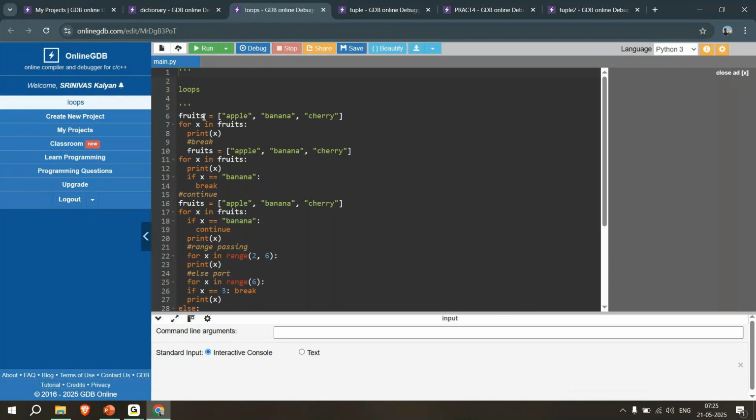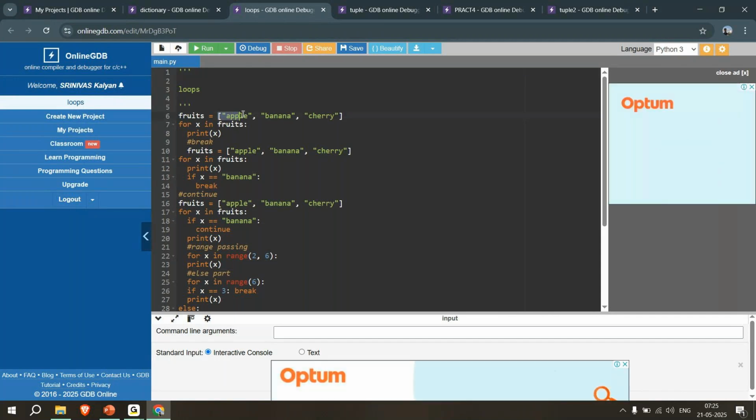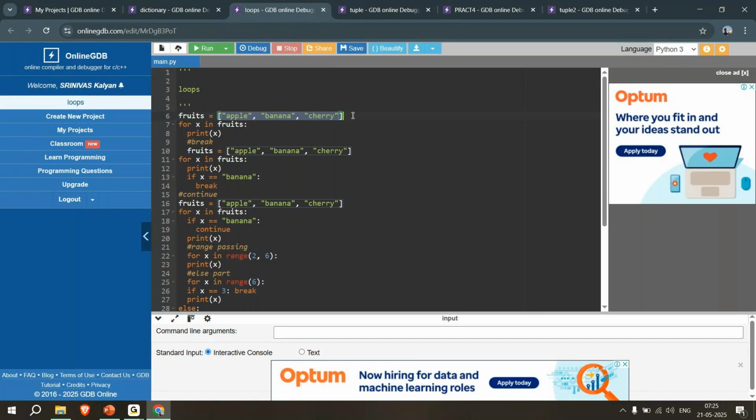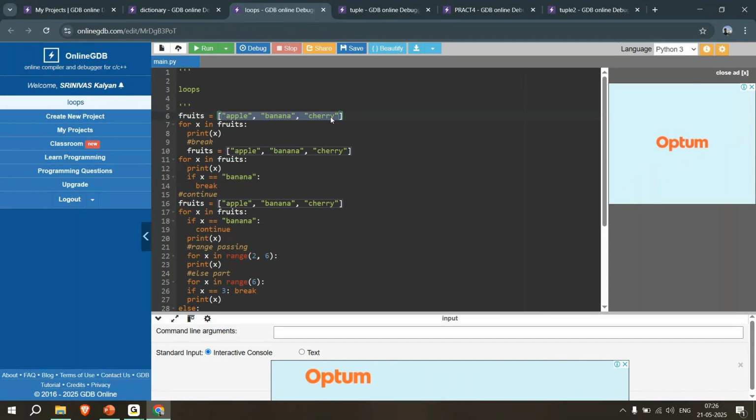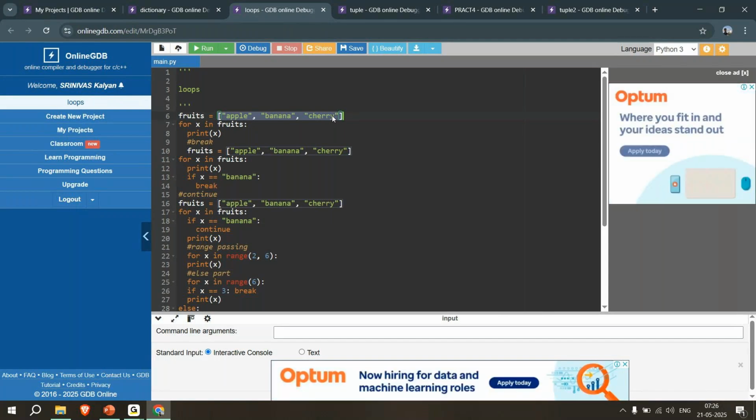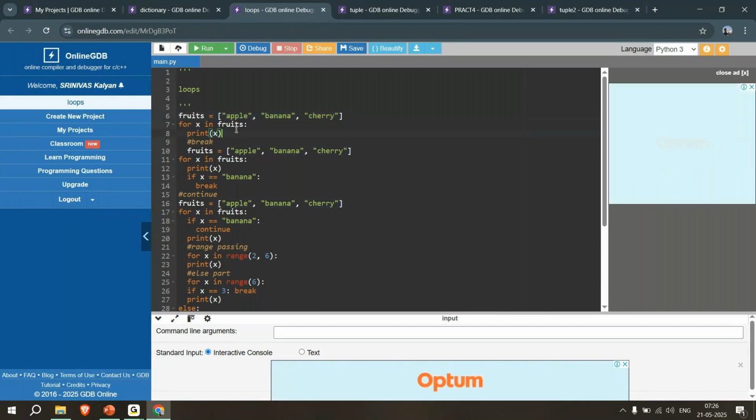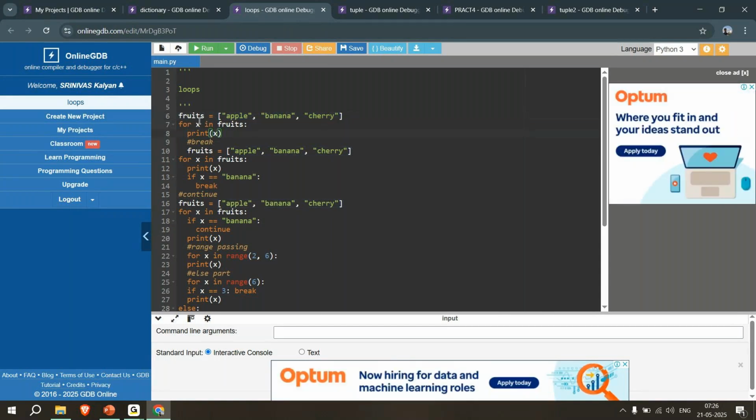So we have fruits as a list object here. In the list, I want to print all the elements. If you want to print one by one, it might take a little bit of time, so I'm using a for loop right now. Here I'm saying for x in fruits, for each x value in fruits, it will go into the loop